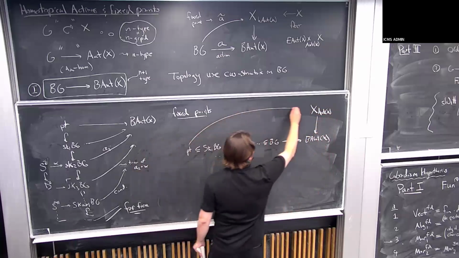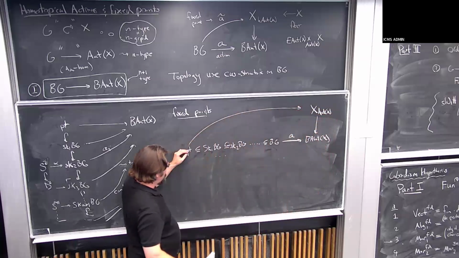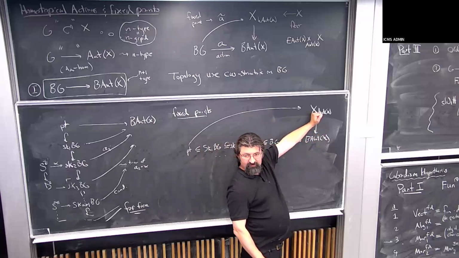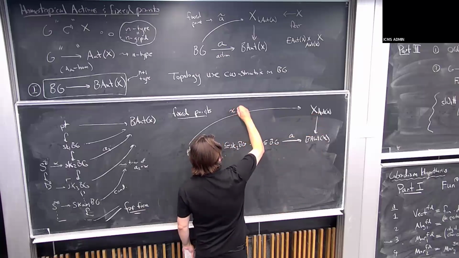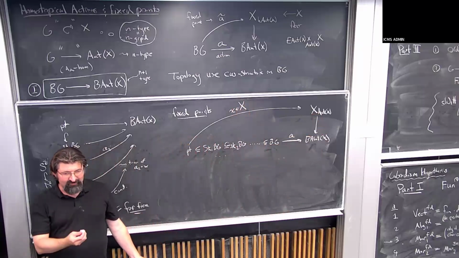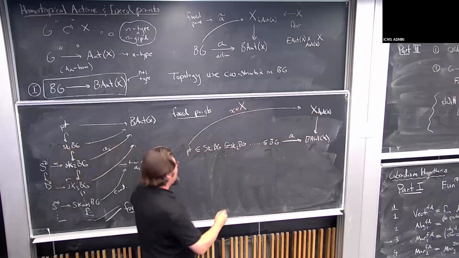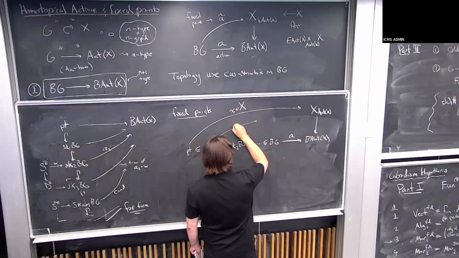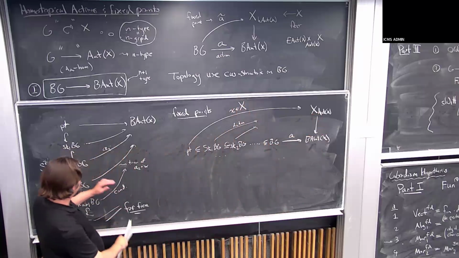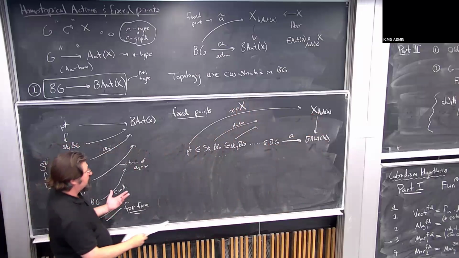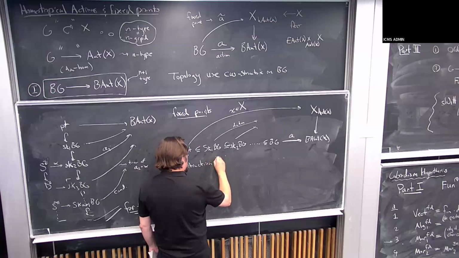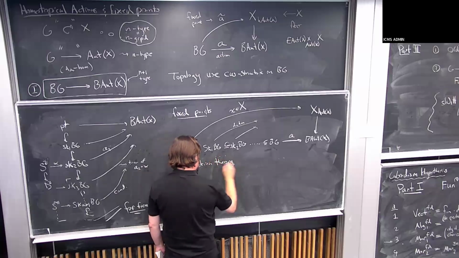So the first thing we would choose would be a lift like that. So that's a map from the point, which lives over the base point here. So it's an element in the fiber. So that's exactly an element in our groupoid. So it's an object. That's the first thing you'd want for a fixed point. There should be an object plus some data. And so the question is, what is the other data that we have associated to this? This is sort of the relative question. And so there's the whole machinery of obstruction theory,